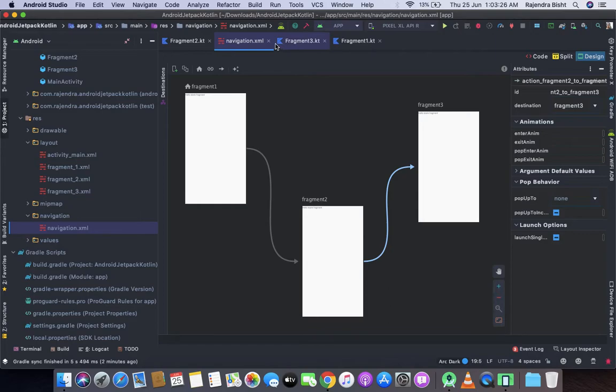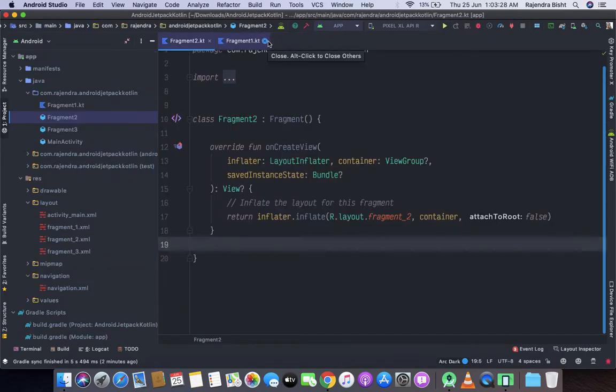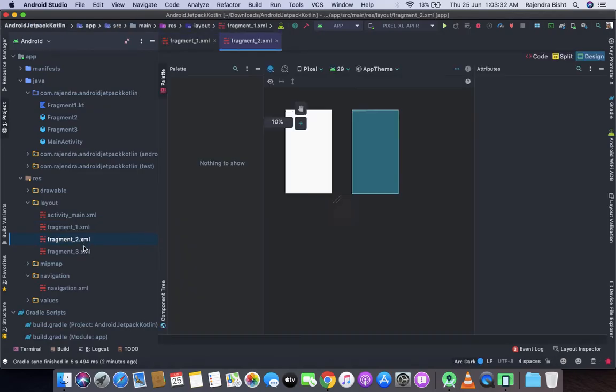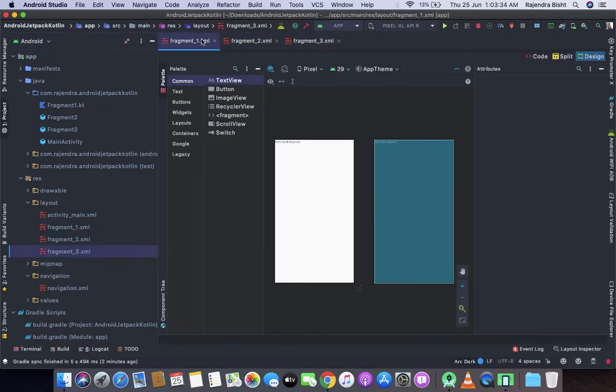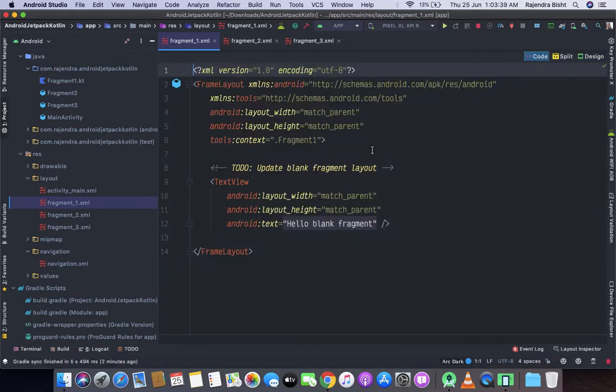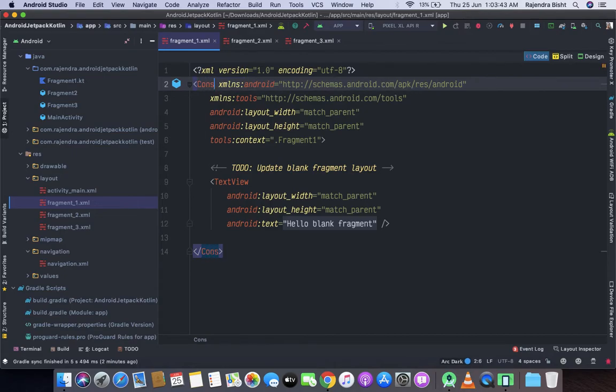Let's go to the XML file and I am going to change it to constraint layout.